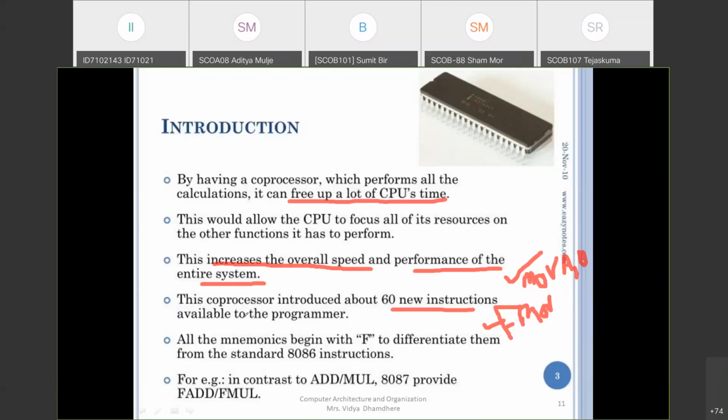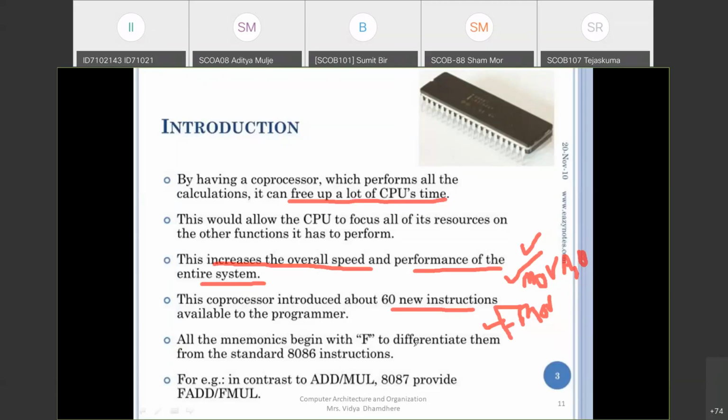Whatever instructions are available for the main processor will be executed by the main processor only. Then these 60 instructions which are available for the coprocessor will be executed by this coprocessor only. They are separated as all the mnemonics begin with F, as I mentioned.